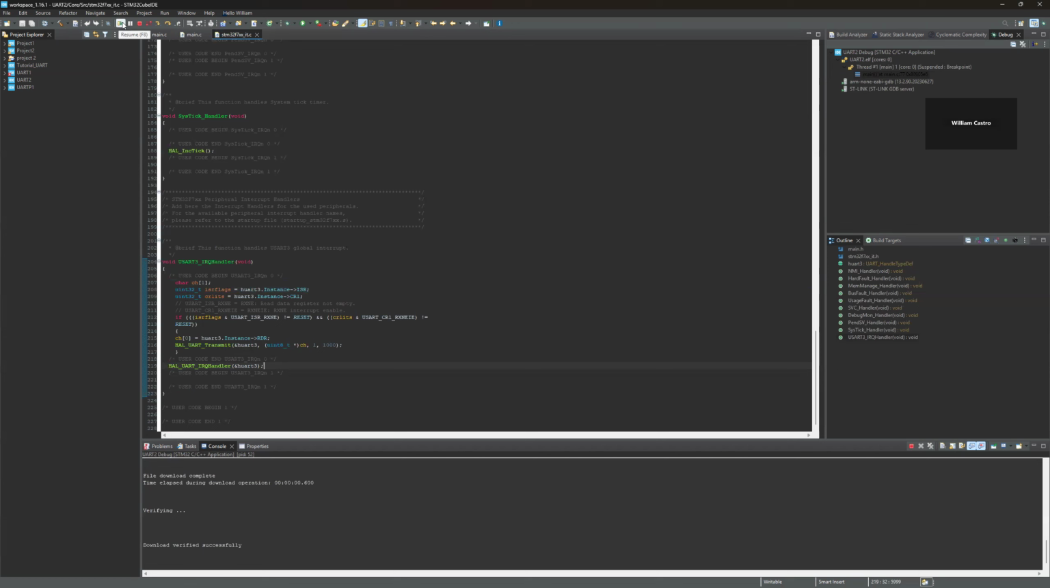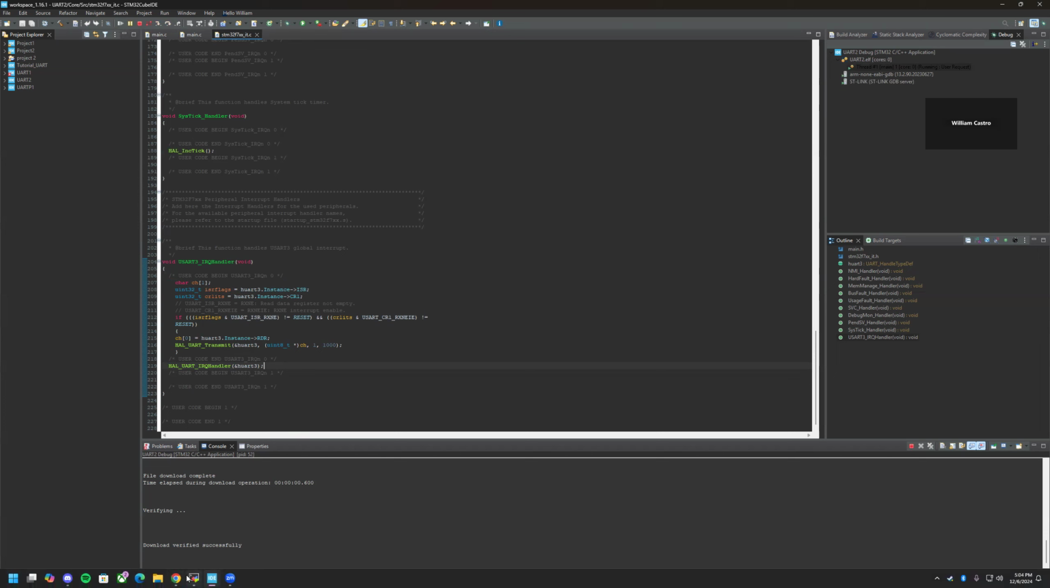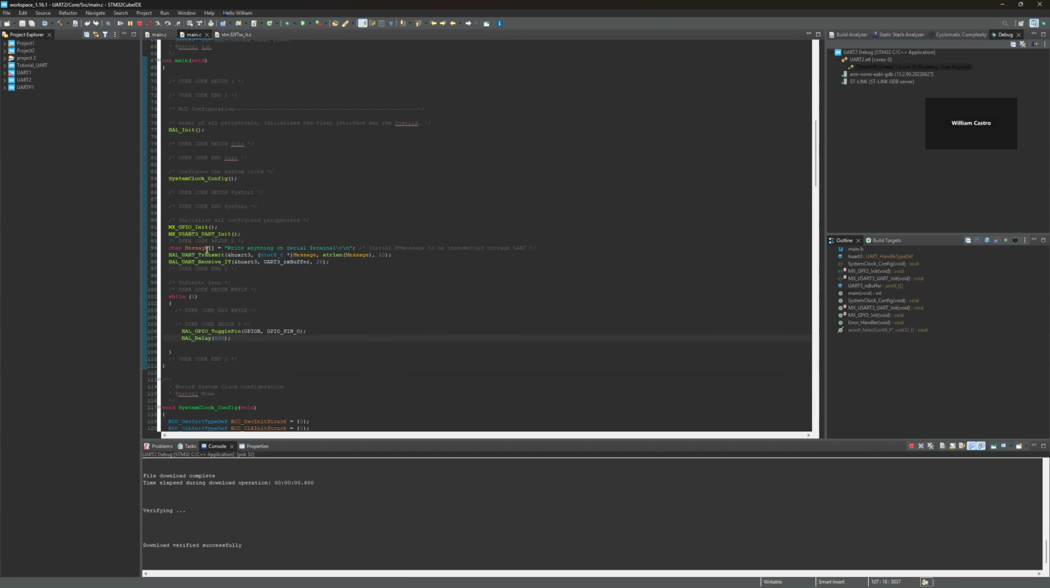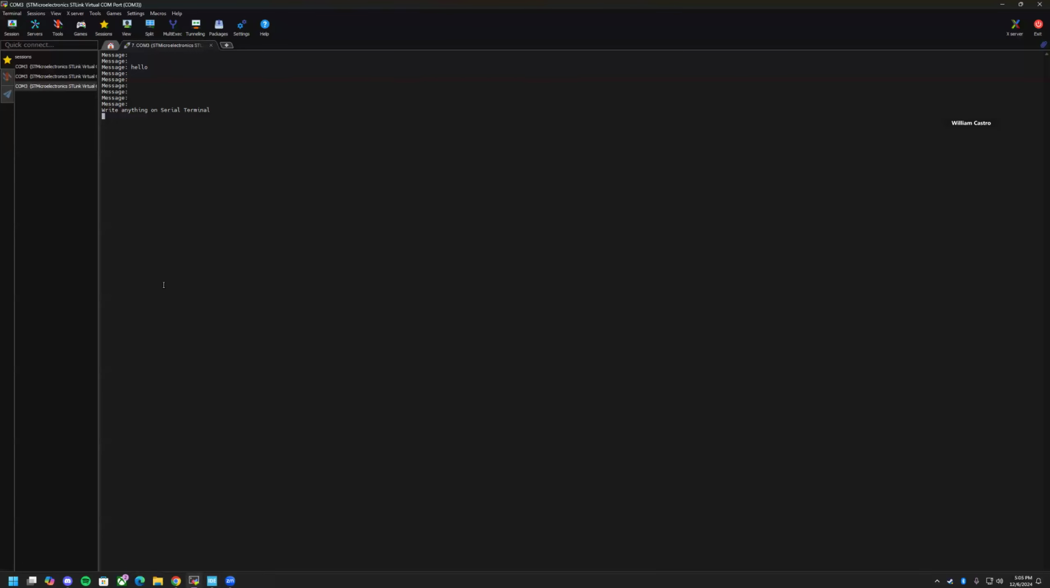And so if I click resume here as well, we can see that we will get this message prompt to pop up in the terminal. So write anything on the serial terminal. So as long as that pops up, this should work. So we can type in something like hello, and